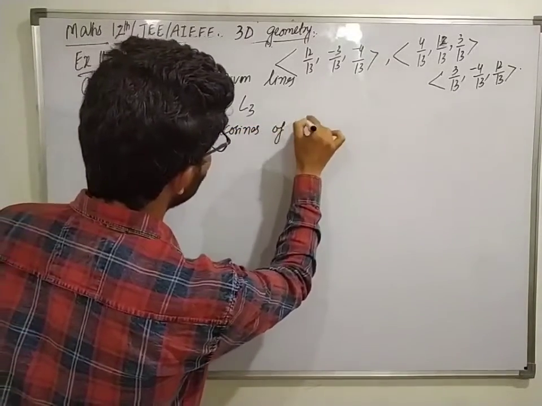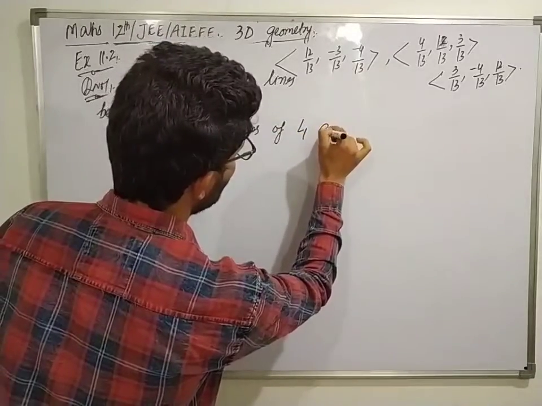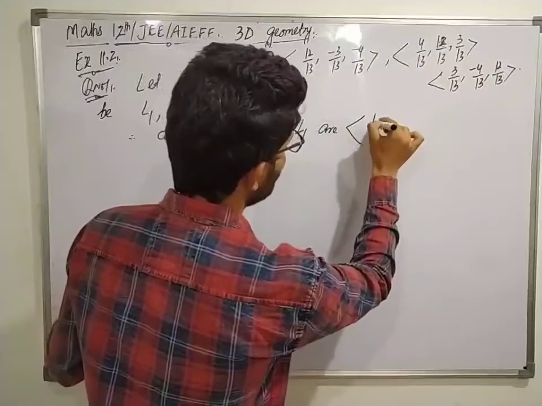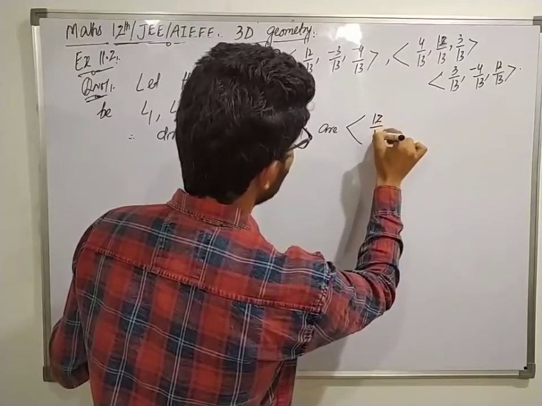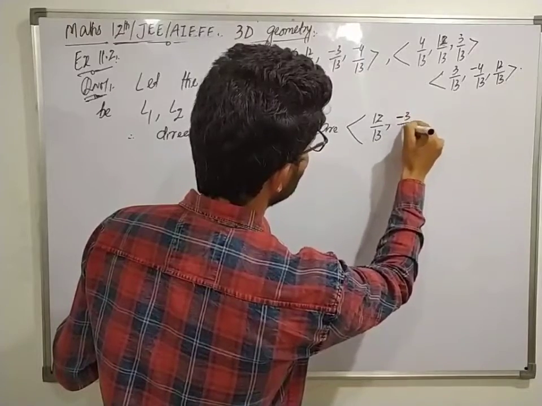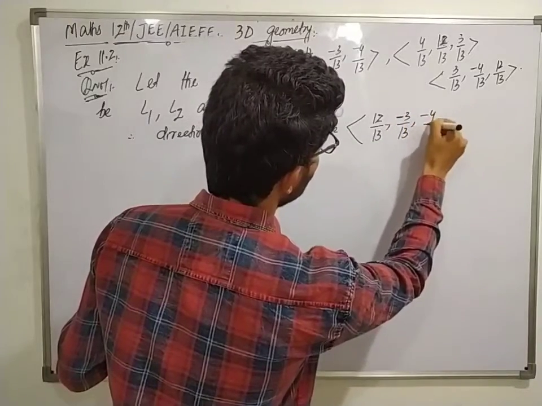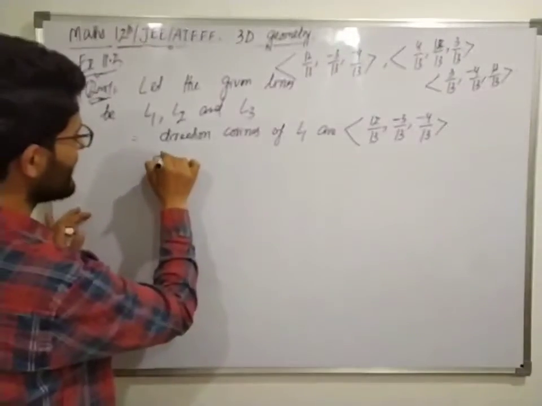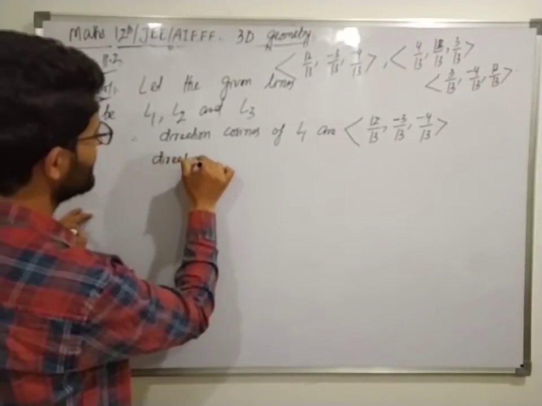Therefore direction cosines of L1 are, yes, what are they? Ordered 3 tuple of 12 by 13, minus 3 by 13, minus 4 by 13. Similarly, direction cosines of line second are,